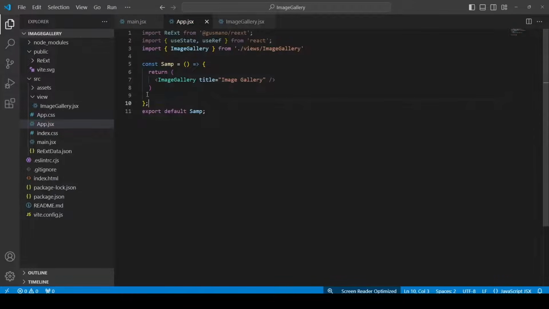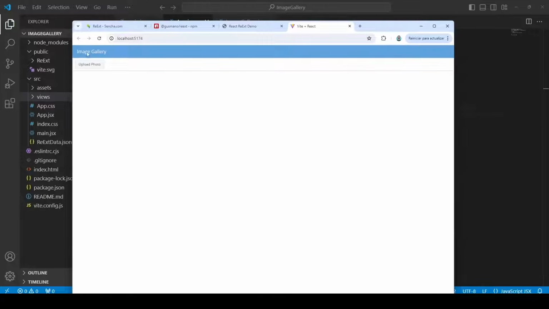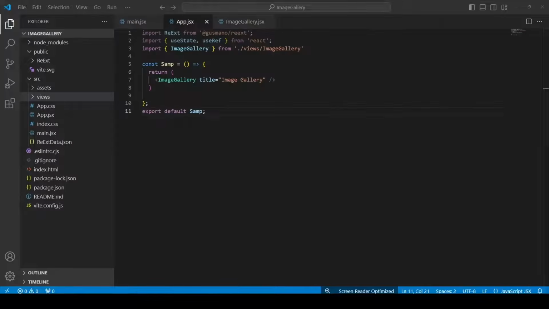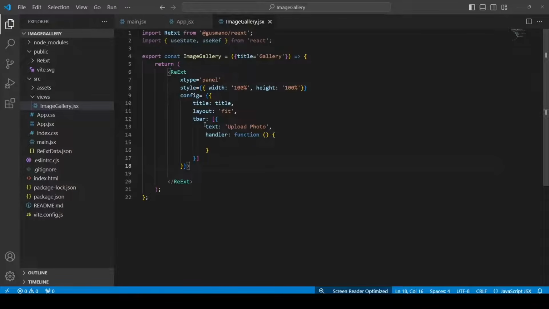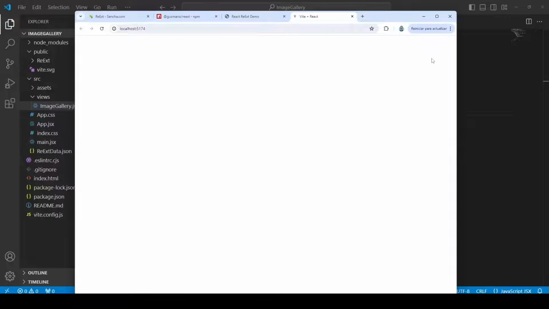I have just saved, and sorry, I made a mistake here. Typo. It's supposed to be the same folder. Now that I have that, we can go in and see that we have the title and we have that button that does nothing. If I don't want this button on the left side, I want it on the right side. It's quite easy. All I do, instead of just having the button here, I'll put an arrow there. And what that will do is that anything that is after that arrow is going to be pushed to the